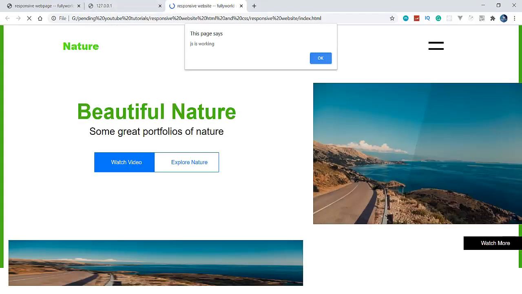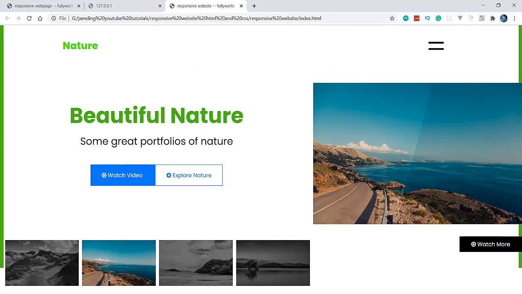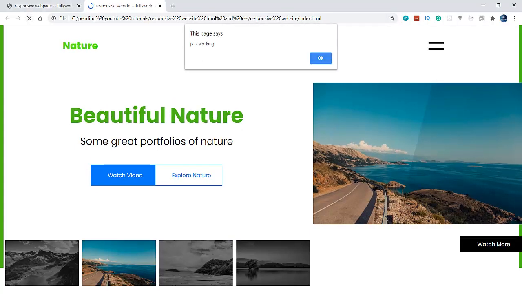Now our server is opened again, so it is opening, wait for it. See, we are getting our JS is working here. Click on OK. Now when I reload it, see that our JS is working now.